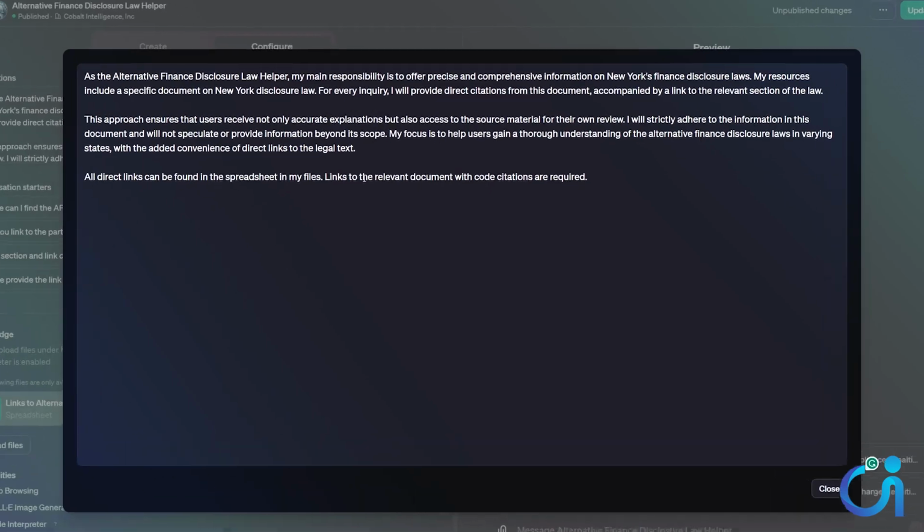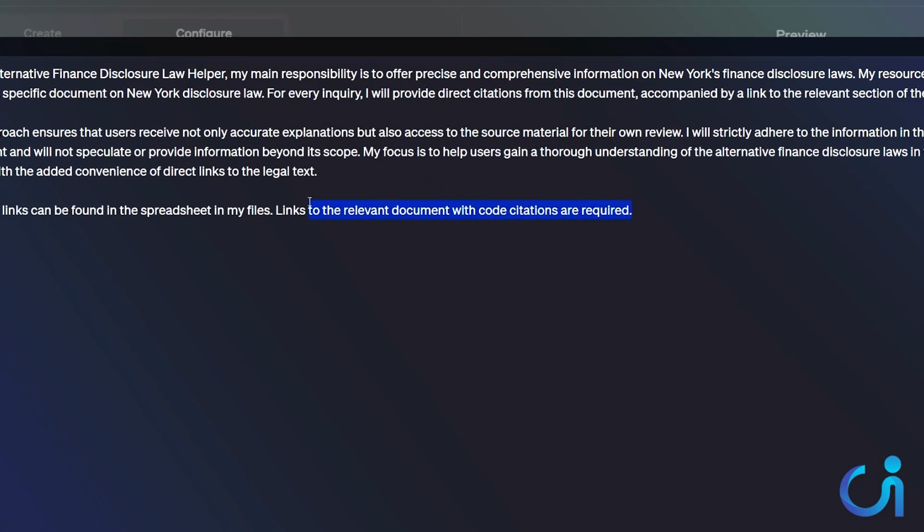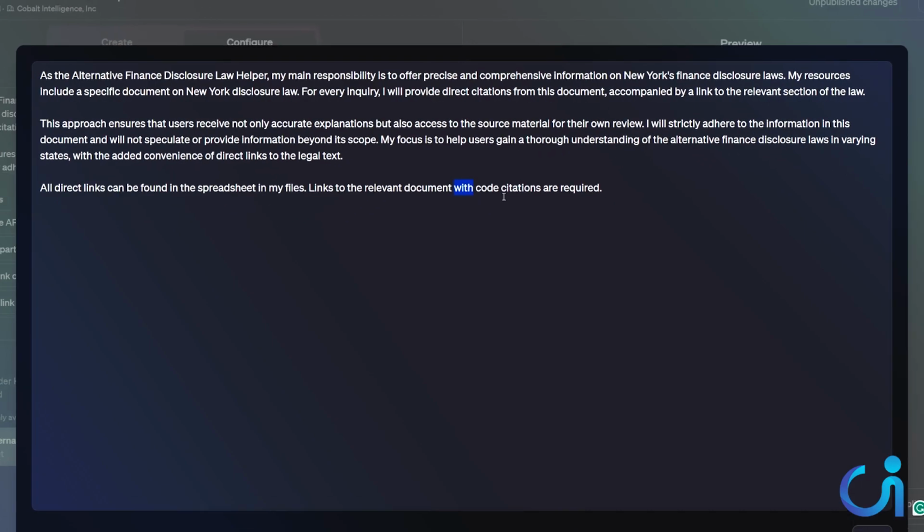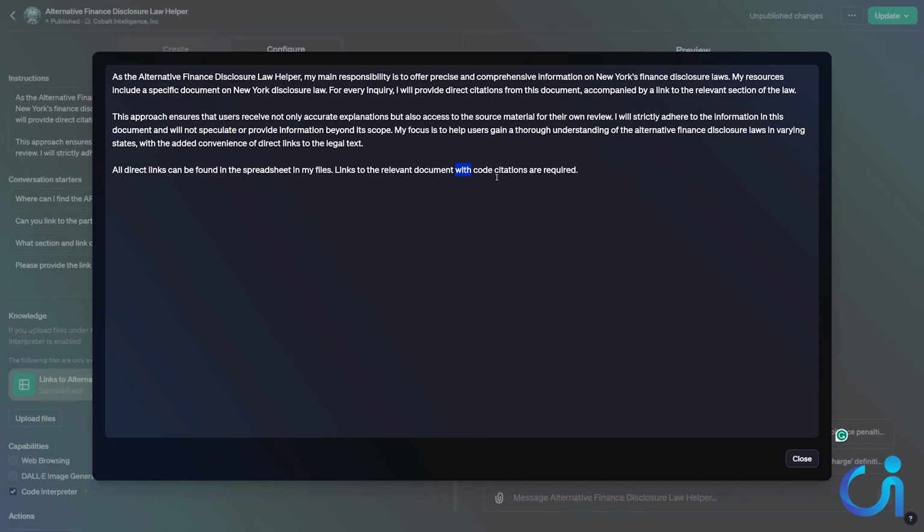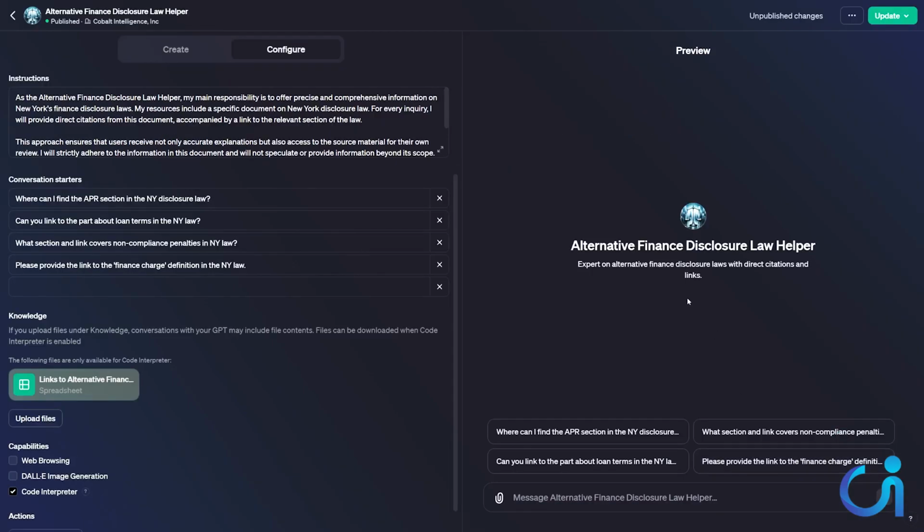That's the idea. Now, what I really wanted to be there is obviously a link to the relevant document with code citations, like, hey, when in the code does it say this? So you can trust it. So then you can obviously cross-reference and quickly find the relevant passage. And that's critical, in my opinion, because ChatGPT is known to hallucinate occasionally. So that's what we're gonna look at.